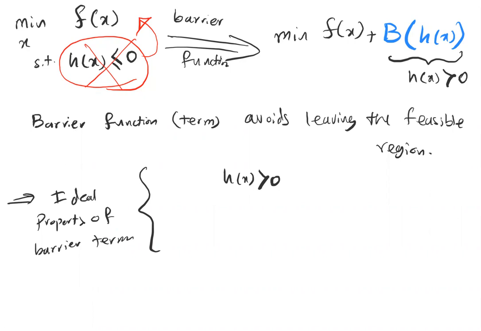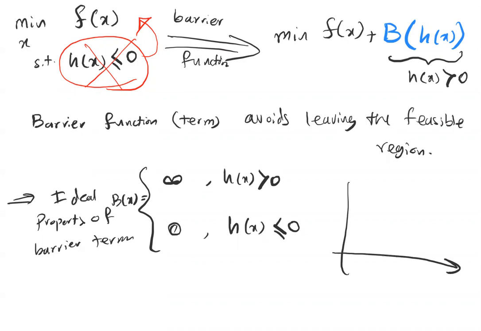So I want to penalize my objective function. So I expect the barrier function value to be infinity. And when h of x is less than or equal to 0, I expect my barrier term to be 0 in the ideal scenario. So the function, if I want to just draw it, is going to be something like this